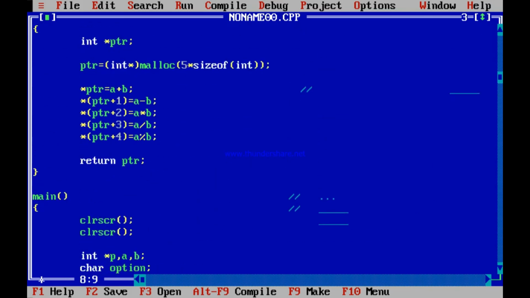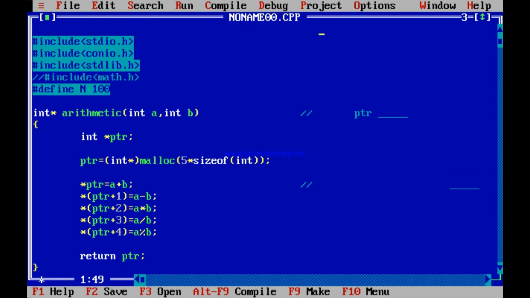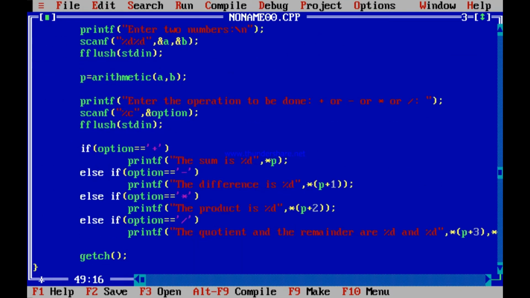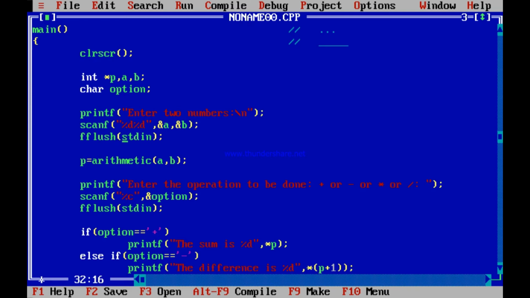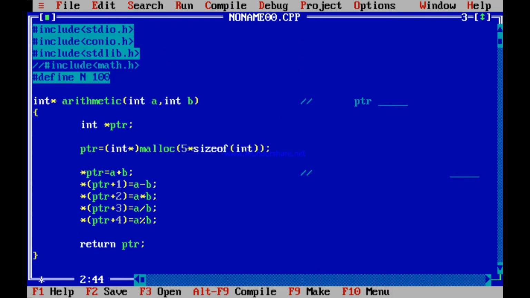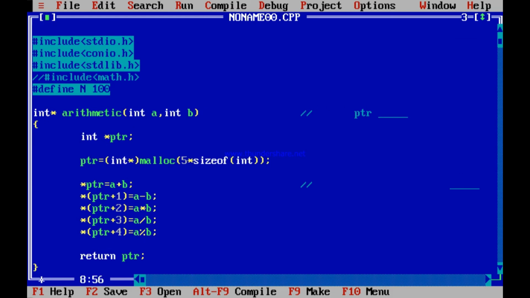I have just allocated memory locations and kept the variables one after the other, returned the starting address, and accessed all the memory locations. Now I told you last time also that starting from P, these values are present, the sum is present, the difference is present, starting from the P address. So instead of printing star P, you could have printed P[0] also. Please understand this. P has basically received the PTR.